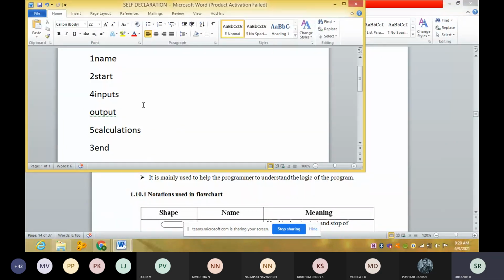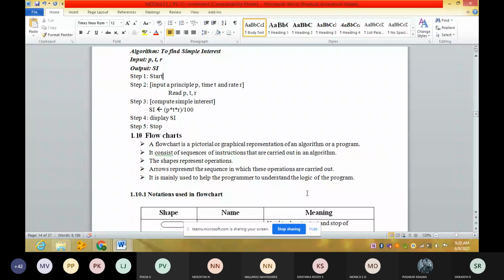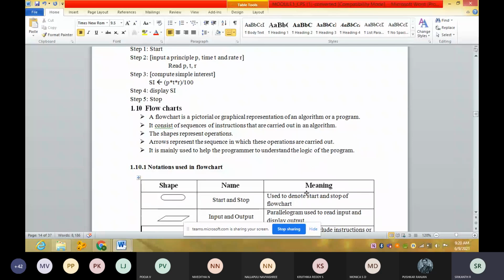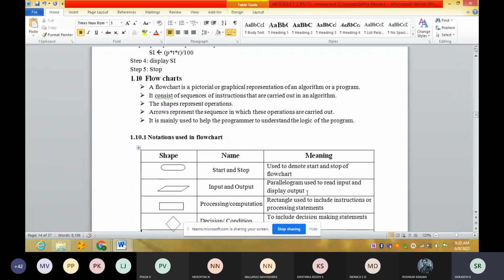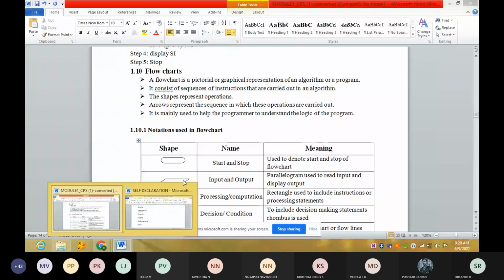Start and stop, we are going to use oval. Next, for input output, what is this symbol? Second one, rectangle? No, sir, parallelogram.